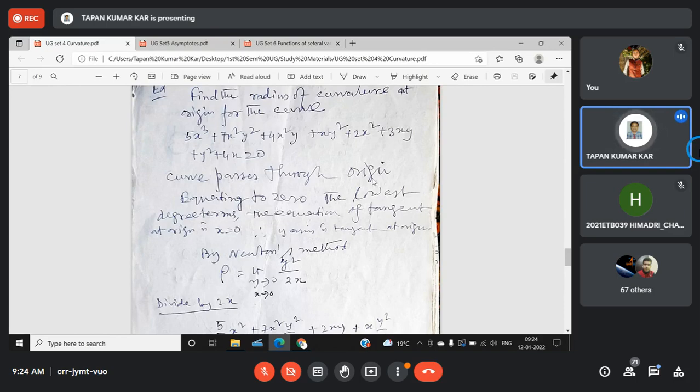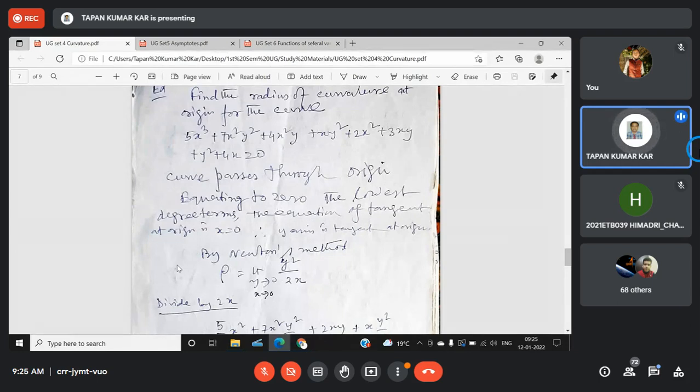So it is of the form ax plus by equal to 0. Then you have to use the formula rho equal to half root over a square plus b square, that is 4 square plus 2 square, limit x tends to 0, y tends to 0, of x square plus y square by ax plus by, that is 4x plus 2y. Then take the limit and you will get the radius of curvature. In that case, it may be a little lengthy.